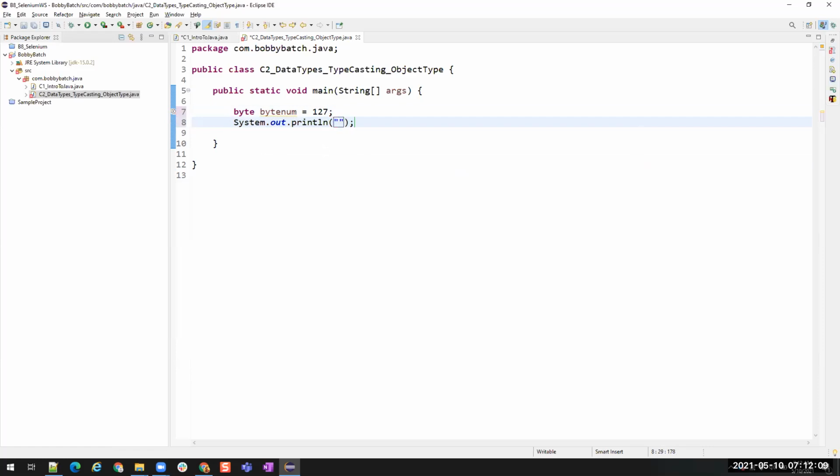Some system out print statement, which is for printing the values. Now this will print this value.